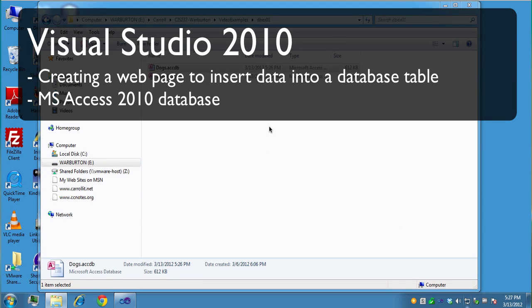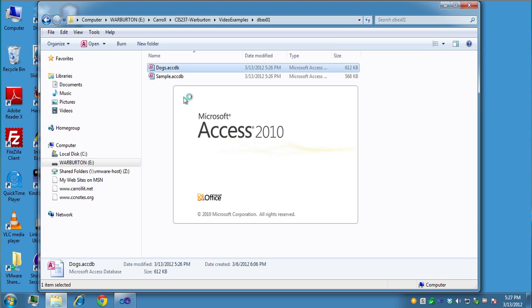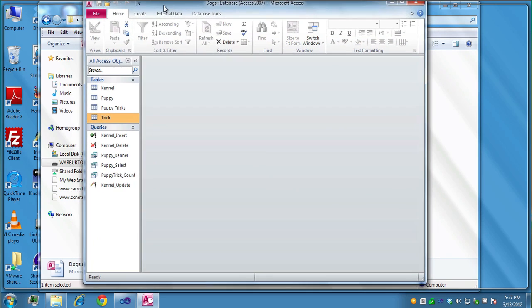In this video clip, we're going to take an Access database and use Visual Studio and create a database-driven web page. So let's just take a quick look at our database. We have the dogs database. I'll click on this. We created this from a previous video clip, and just to show you what it looks like,